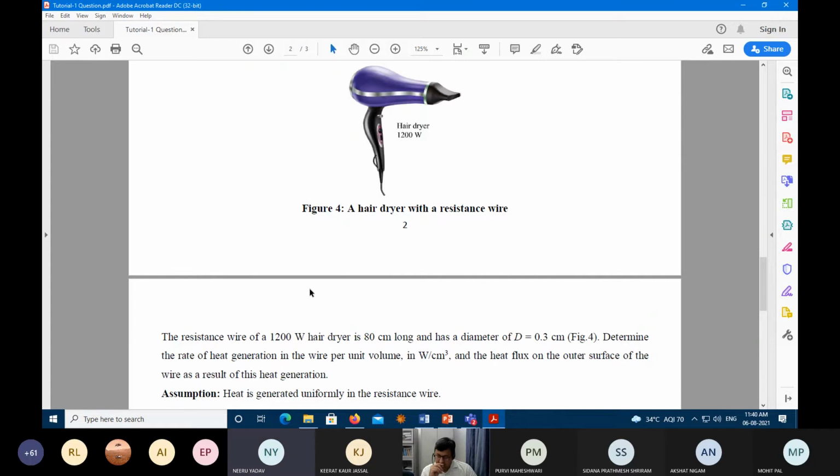Sir, I think temperature is not given. Temperature is not necessary. For heat flux, why do you need temperature? Your energy per unit time is given. Instead of calculating volume, you calculate area. What is flux? Flux means energy per unit area, right? Yes, sir. That is heat flux, correct? So 7.95.